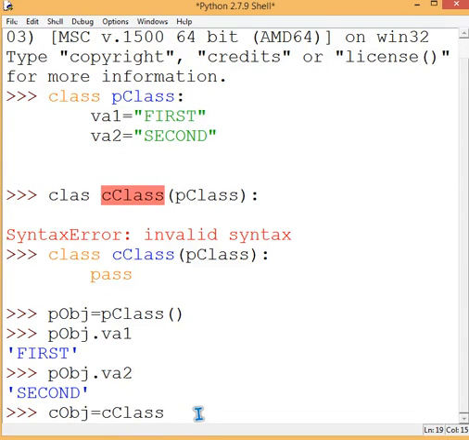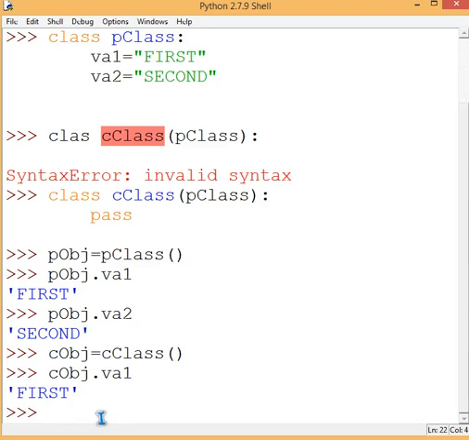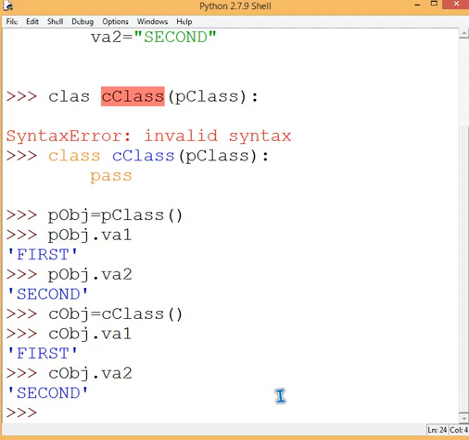Now we have made an object called cobj. Now I will try to access va1 and va2. So see, we have inherited this, so we are able to access it through the child class also. Again, for the sake of completeness, let me try va2. It will give second.